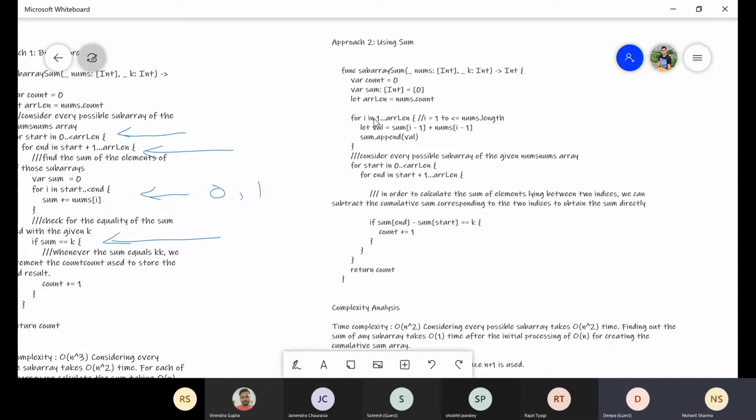When we traverse this array from 1 to array length, we will store the sum of the elements from 1 to array length. The first one is sum of i minus 1, where i is equal to 1. So sum of 0 is 0, and nums of i minus 1 is the first value of the array. So let's take an example and see what will happen.